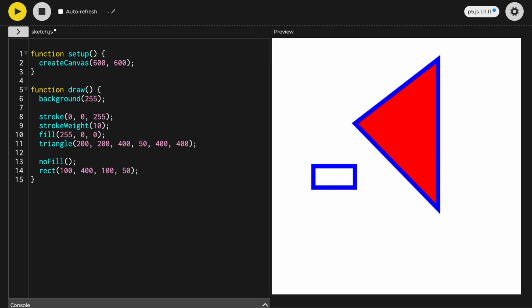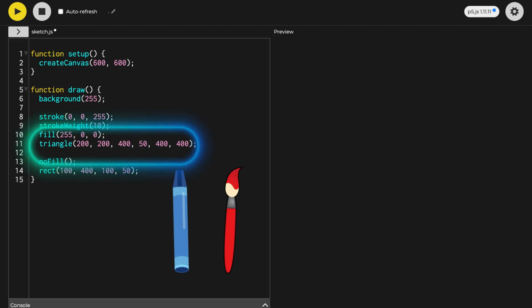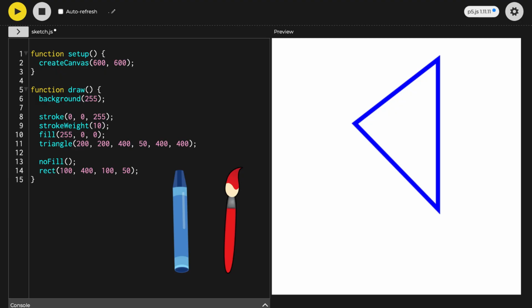Here is exactly what is happening behind the scenes. First, we instructed the computer to pick up a blue sketch pen with a thickness of 10, using stroke and stroke weight commands. Next, we told it to dip its paintbrush in red using the fill command. Then, we asked it to draw a triangle. Since it was holding both tools, it drew the outline with the blue pen and filled the inside with the red paintbrush.